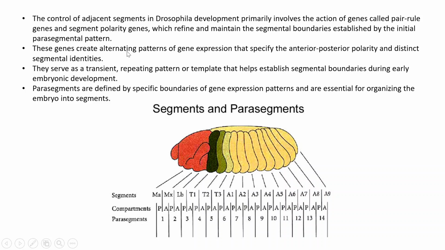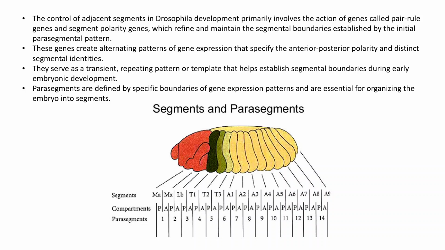These genes create alternating patterns of gene expression that specify anterior-posterior polarity and distinct segmental identities. And parasegments are defined by specific boundaries of gene expression patterns essential for organizing the embryo into segments. So once the parasegment is determined, it also determines the boundaries of expression of pair rule genes as well as segment polarity genes. So pair rule genes will occur in every alternate parasegment, and within a single parasegment there will